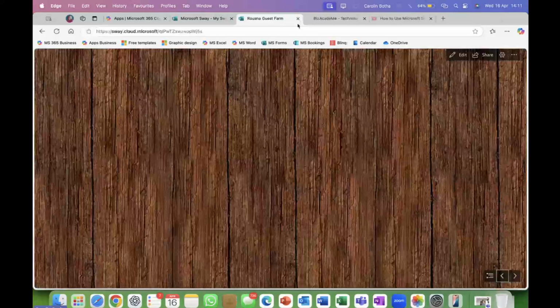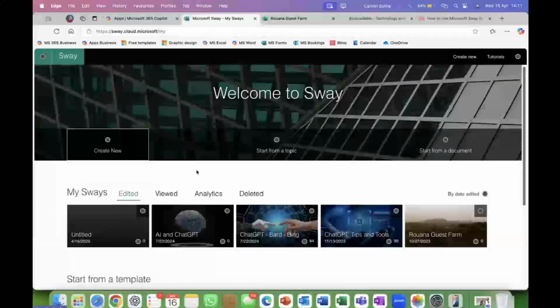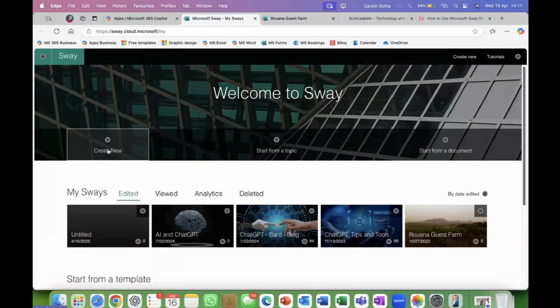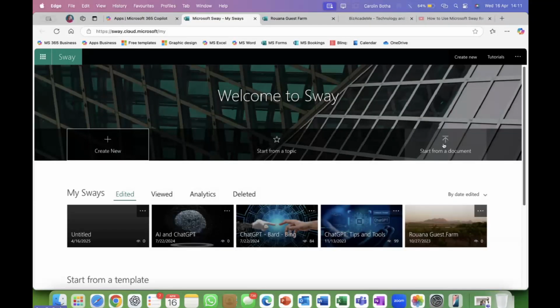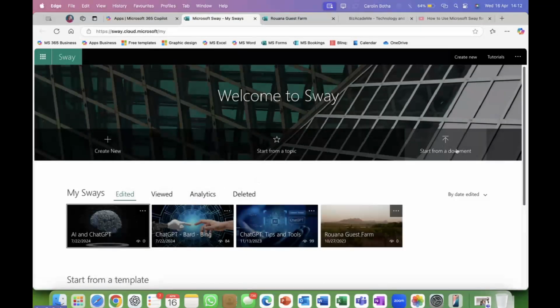Sway will open for you, and you can start either brand new, or you can start from a topic where AI will guide you, or you can start from a document, which is not part of today's demonstration, where you can upload an existing document.